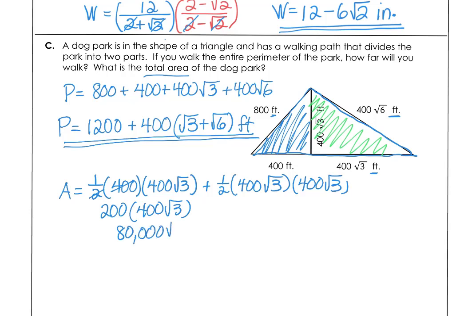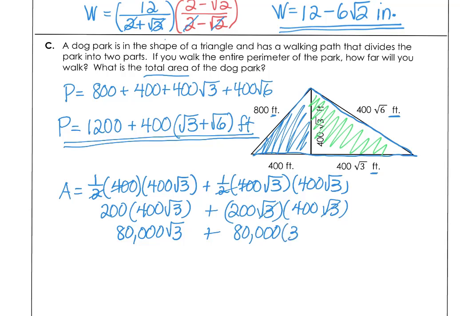or 80,000 radical 3. And half of 400 again is 200 radical 3 times 400 radical 3. This piece is 200 times 400, that's 80,000. And then radical 3 times radical 3 is just 3. So that would be 240,000 plus 80,000. So our area is going to be 80,000 times the square root of 3 plus 240,000